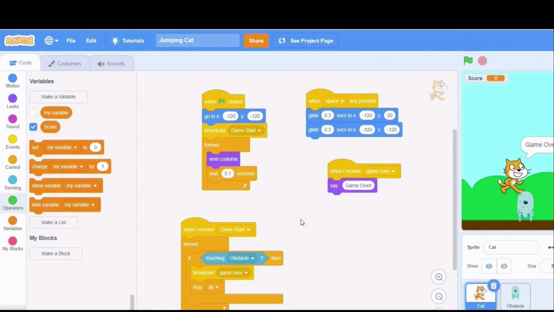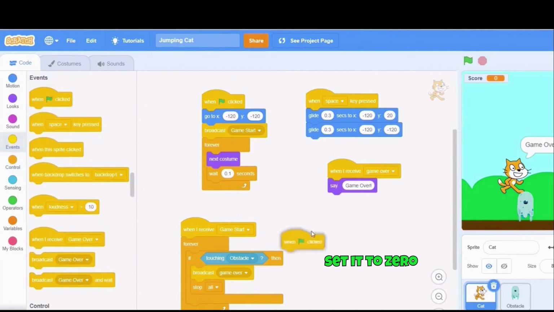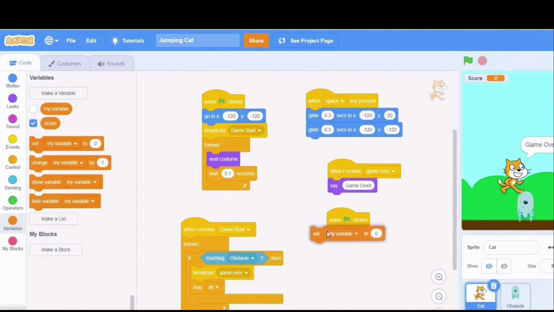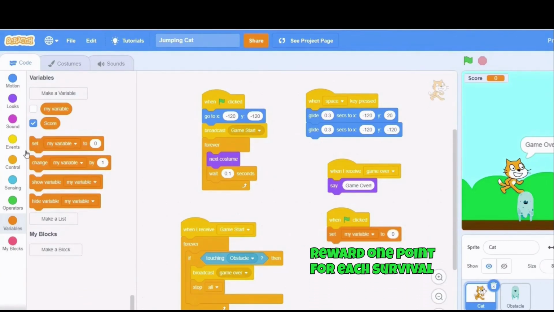And when the green flag is clicked, I will set it to 0. And for every second our cat survives from these creatures, I will reward it 1 point.